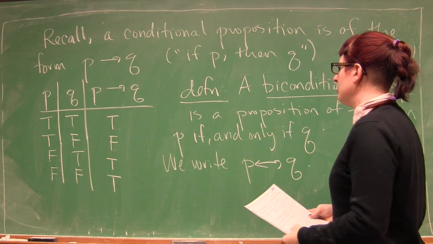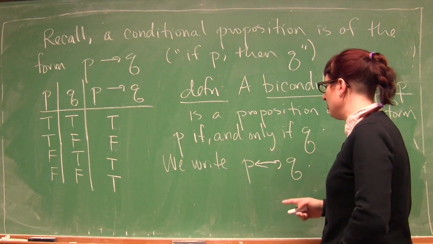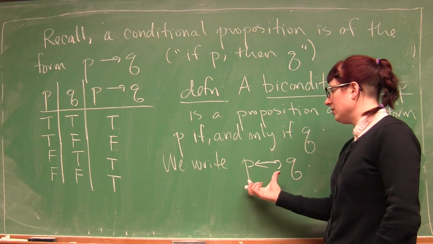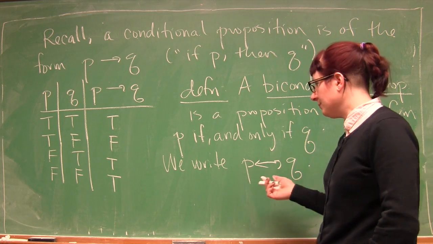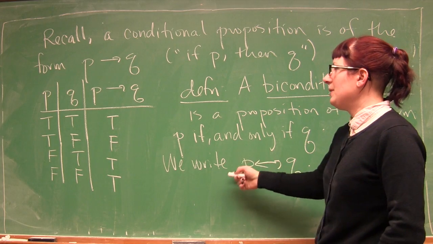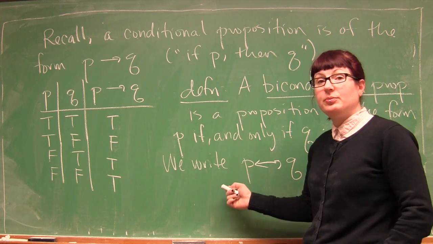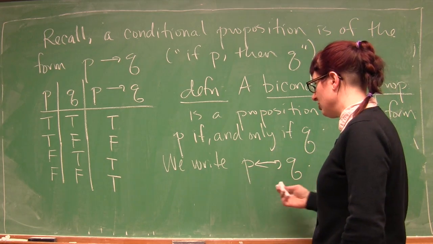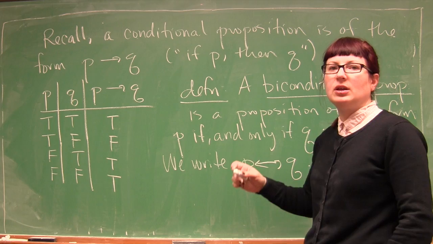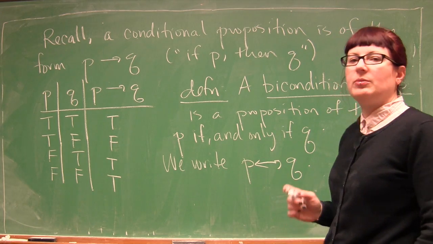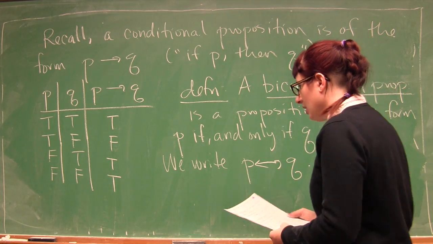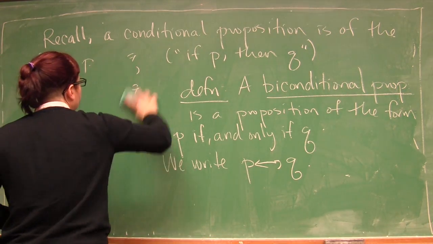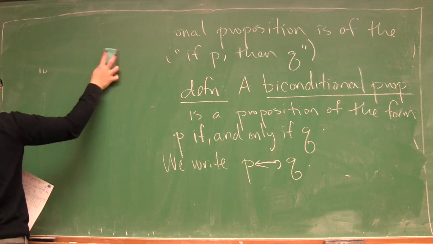The truth value of the biconditional P if and only if Q depends on the truth values of P and Q in the following way. We need both P implies Q and Q implies P to both be true statements. That's why it's called a biconditional, because both conditional statements need to be true. Some terminology that you may encounter: